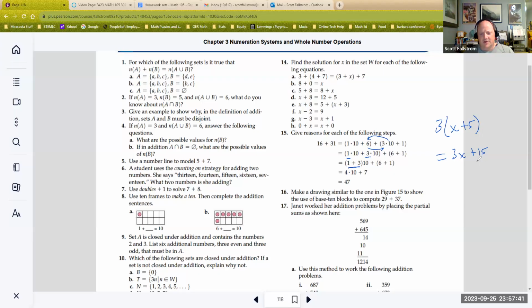That's the distributive property. Same thing we're doing here. We just happen to have numbers everywhere. And so we factor out all the groups of 10. And then 1 plus 3 is just addition facts. 6 plus 1 is just addition facts. And then